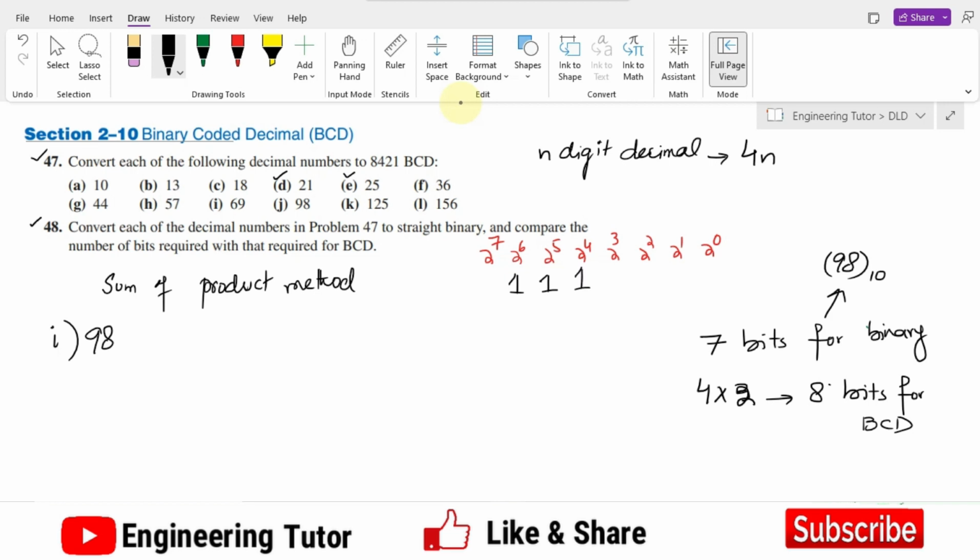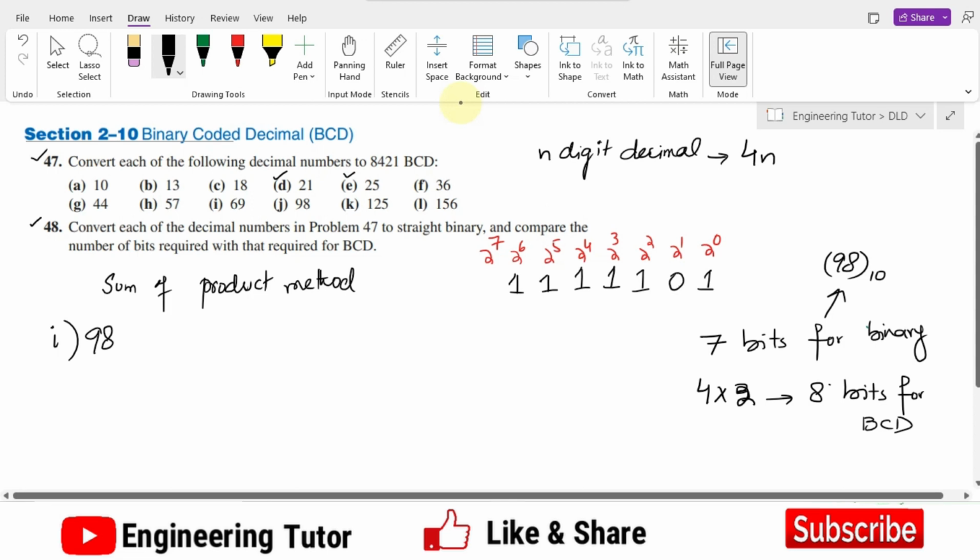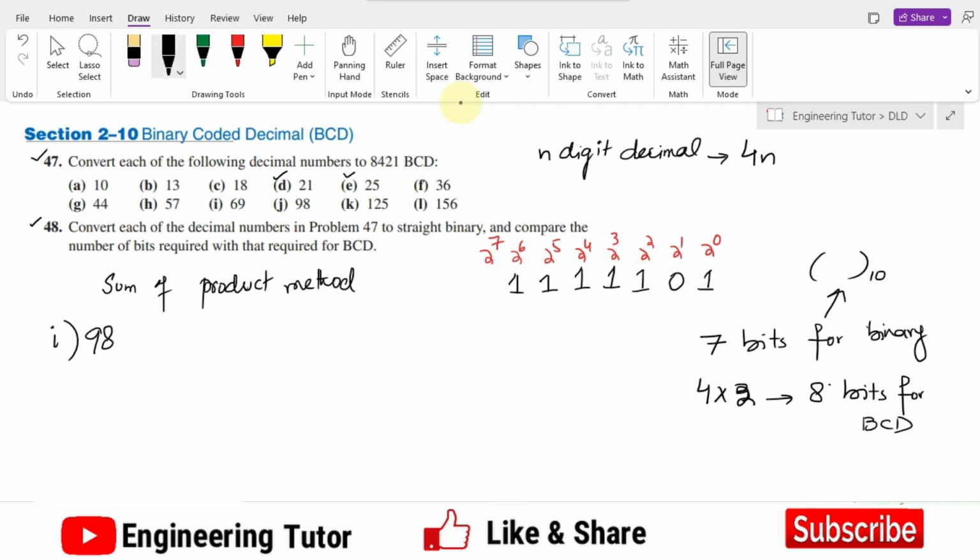Okay, 112 plus 8 is 120. Okay, 120 plus 4 is 124, and then 125. Okay, so these are the number of bits for what? For 125. Okay, so 1 2 3 4 5 6 7, 7 bits for the straight binary,